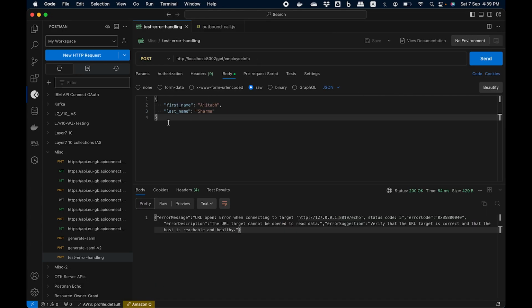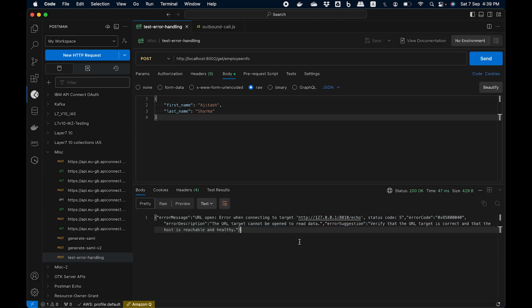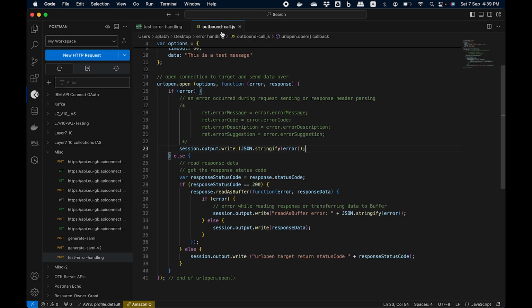Here, I'm sending it some data and I'm saying send. Now, as an output, you can see that it gave me some response. This is not a very good response. See, it is a string. Now it looks like JSON, but it is a string. And if you look at it carefully, perhaps you will laugh, saying, okay, it is saying 200 OK response code. This is because there are no customizations done at this point in time, right? It simply returns a string,